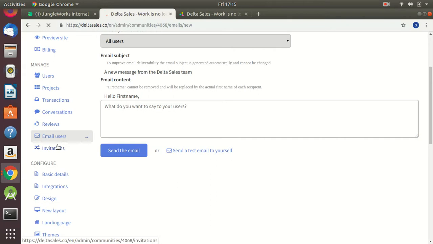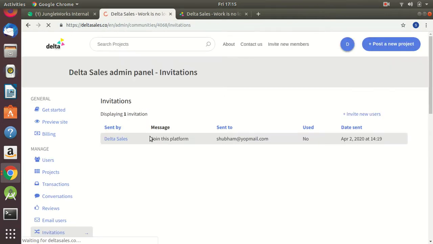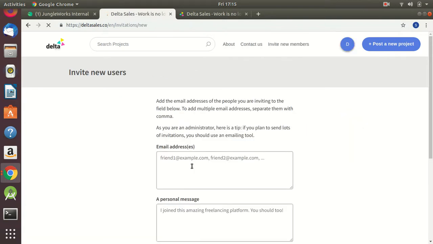Next comes the invitation section. In the invitation section, admin can send invitations to users, to freelancers, business owners, to anyone who wants to use the platform. So simply, he needs to write the email addresses separated by commas.